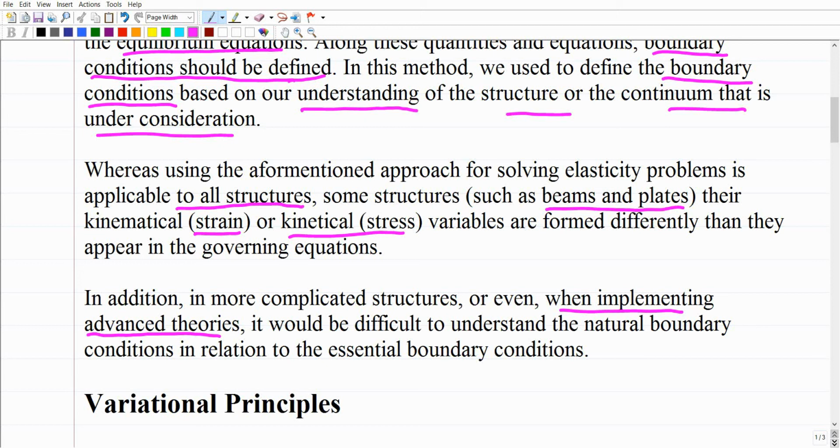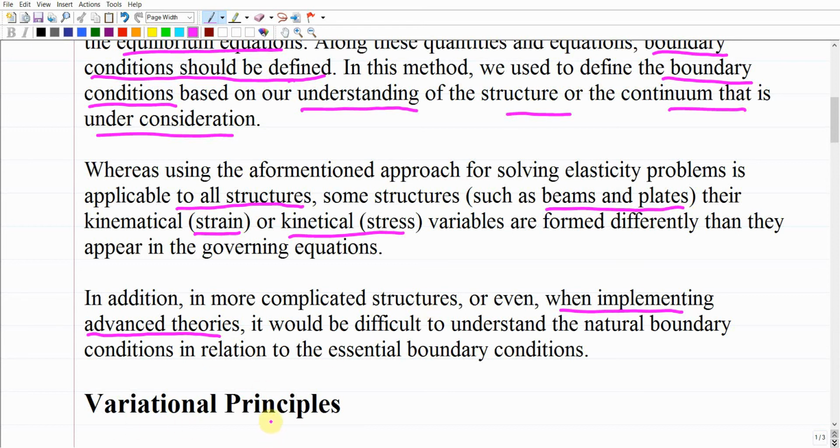In the Newtonian method, we form the boundary conditions mainly based on our understanding of the feature or structure or the linear elasticity problem at hand. But as I mentioned, in more complicated structures and more advanced theories, we're going to find it difficult to form these boundary conditions. And the best way to do so is to use a variational principle or a variational method,